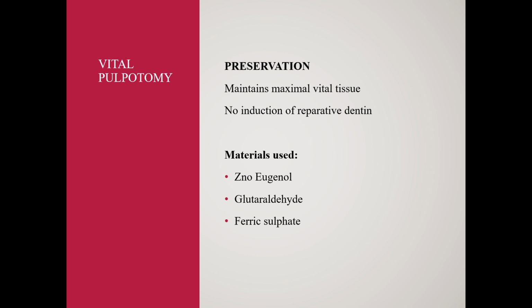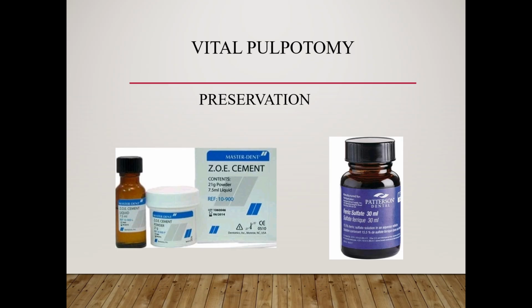Now in the vital pulpotomy, there is a second type, that is a preservation pulpotomy. It will try to preserve as much vital tissue as is present but it will not form something called reparative dentin. So the materials that are used are zinc oxide eugenol, glutaraldehyde and ferric sulfate. Since it is not forming the reparative dentin, we will go and see the third type of vital pulpotomy procedure,